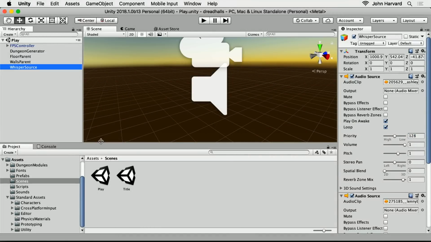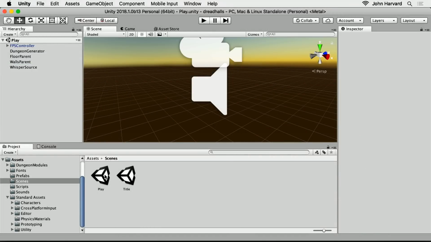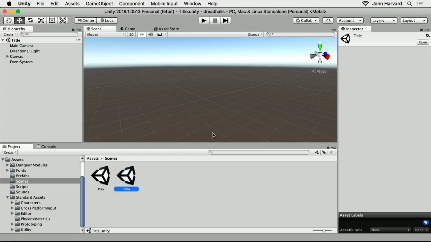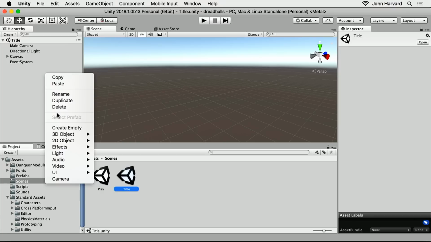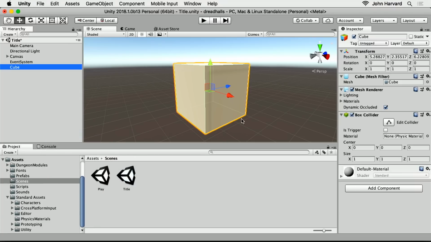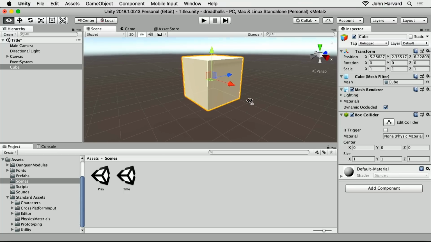So I'm going to go over to my title scene here, just because it's lit in a fairly normal way as opposed to the play scene, which is not lit in a normal way because we're using environment lighting and we don't have a skybox. The title scene has a fairly normal lighting setup. So if I add a cube here to the scene, you can see right off the bat,